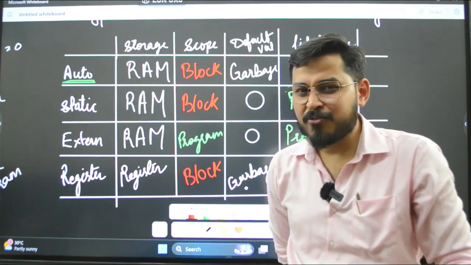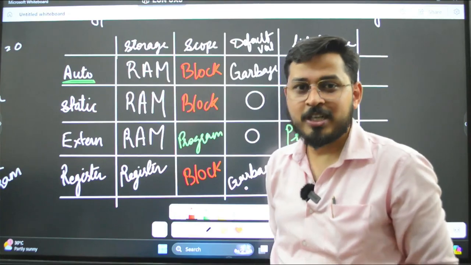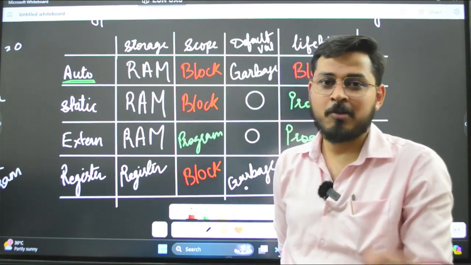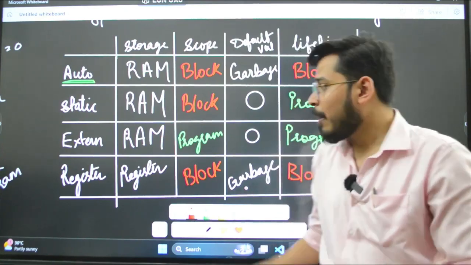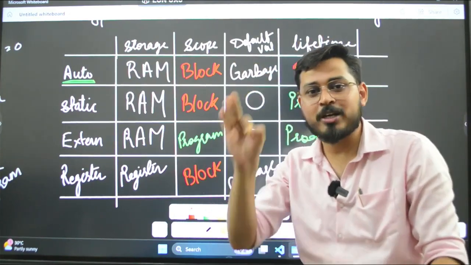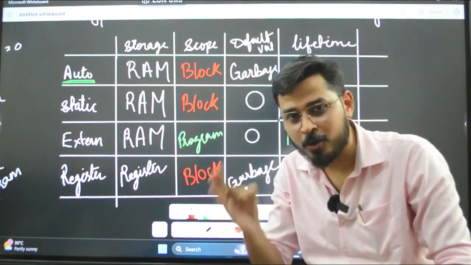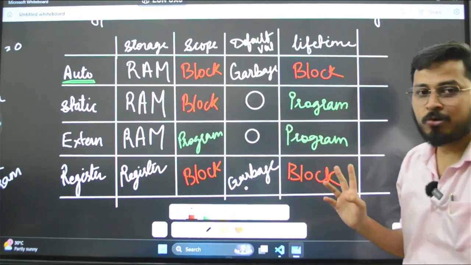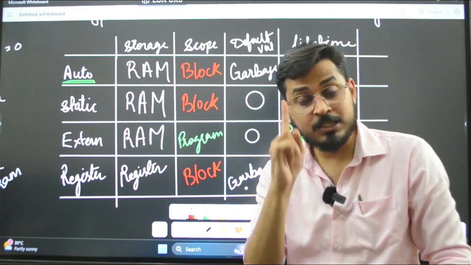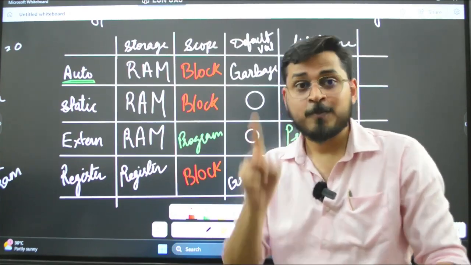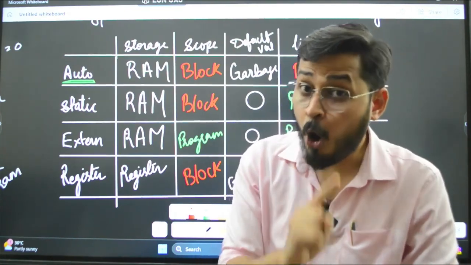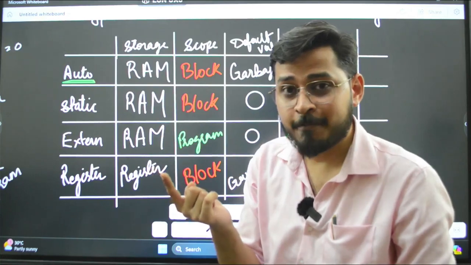So what will happen if your computer manufacturer doesn't allow you to create or access registers? Of course, the register variable will not be a register variable anymore. By default, it looks very much similar to auto. So automatically, even if you create a register variable and it isn't supported, it will work like an auto type of variable. I hope this is very much clear. This is one scenario: your manufacturer doesn't allow you to use your register space. Or the second scenario can be